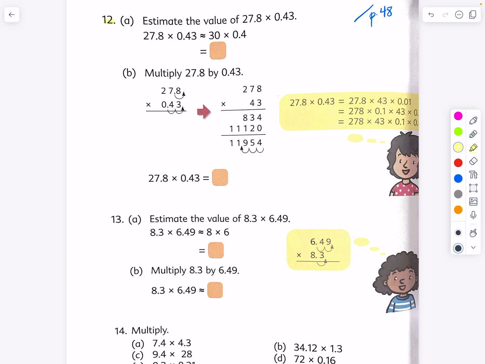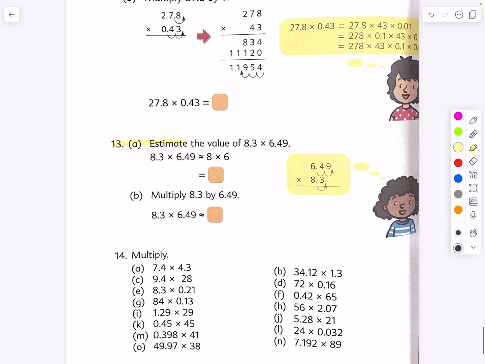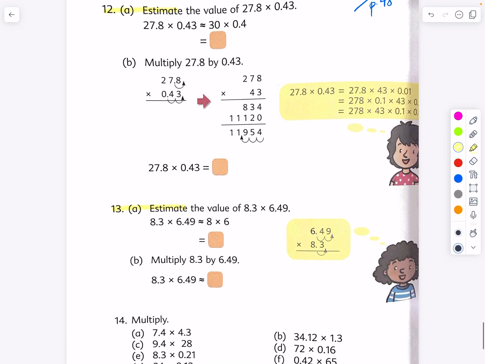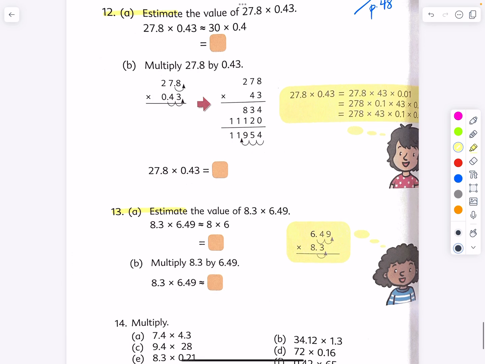Look at this, number 12. Step 1, estimate. Number 13, step 1, estimate. And number 14, just multiply. So let's practice estimation. Again, estimating, we've done it with so many different operations during the course of 4th grade